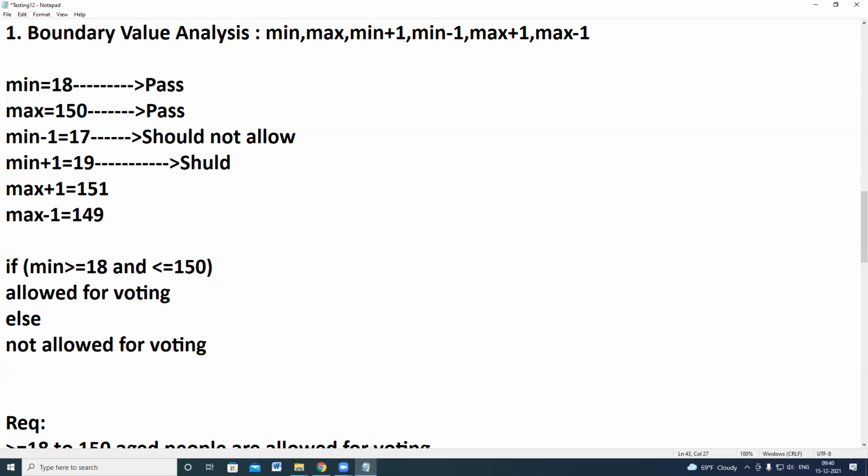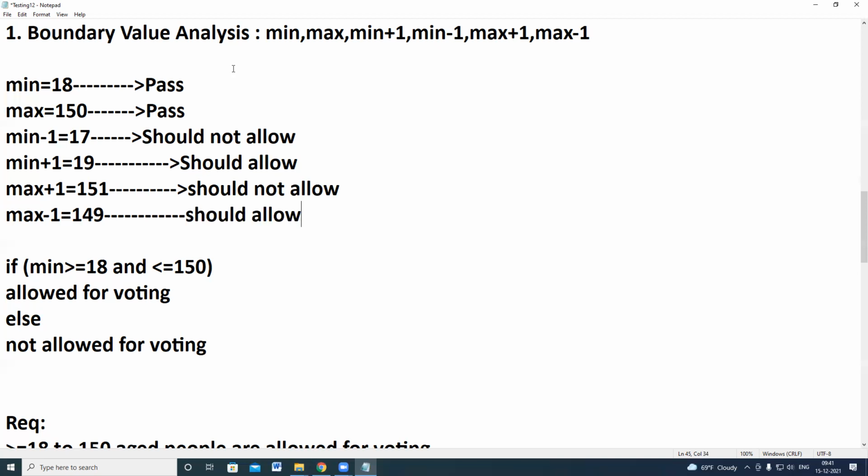Because sometimes only at the boundary conditions does the developer make mistakes. So all these 6 combinations give complete confidence in the build.